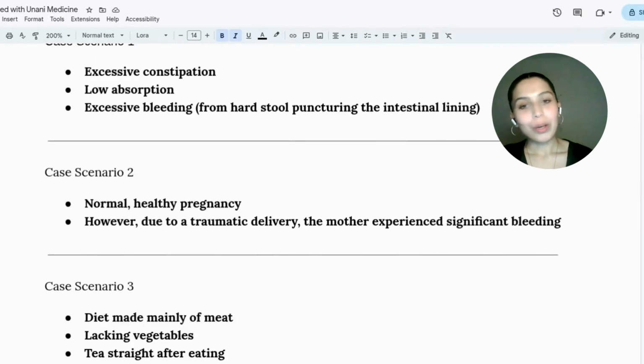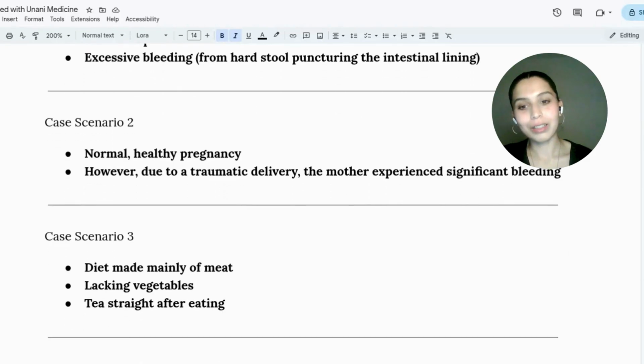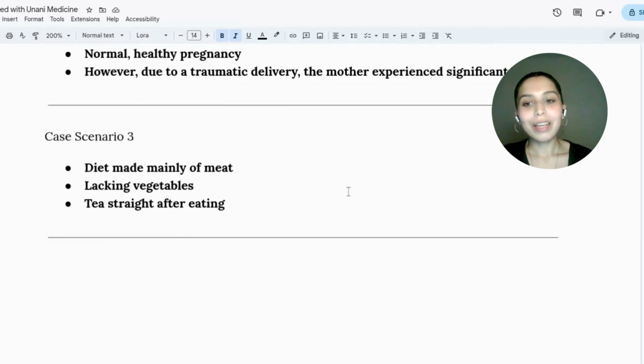Scenario 2. A woman has a very lovely, beautiful, healthy pregnancy, no issue with blood supply. However, there was a very traumatic delivery where she experienced significant bleeding, she had hemorrhage. And so here, it's not that there's an issue with the production, it's solely an issue with leakage of red blood cells. So now her treatment would be focusing on simply repairing or stopping the bleeding and replenishing her body. And thirdly,